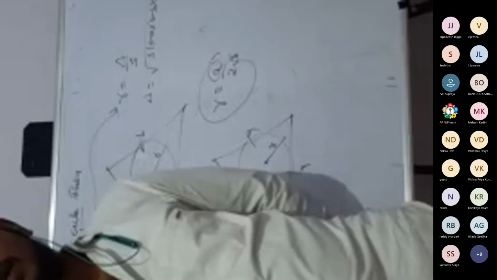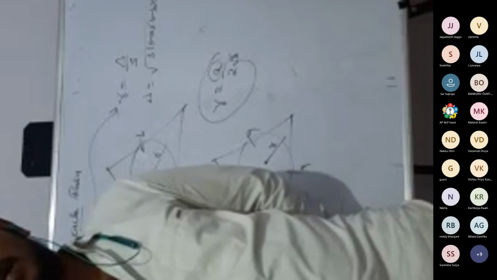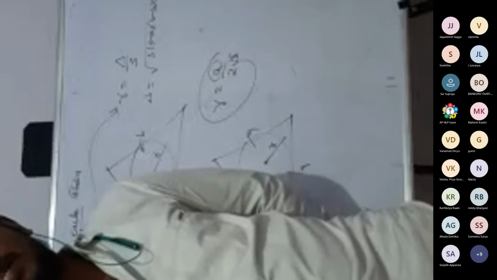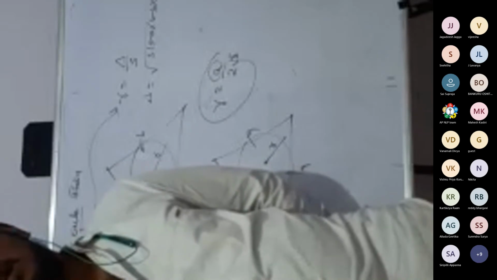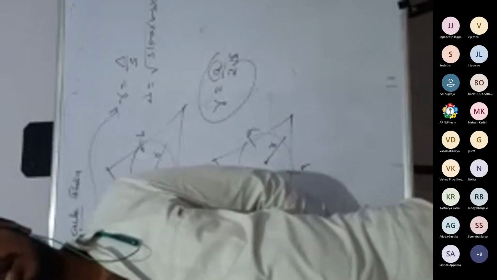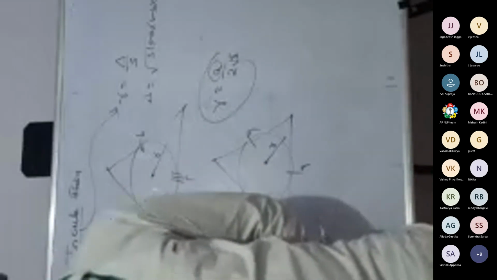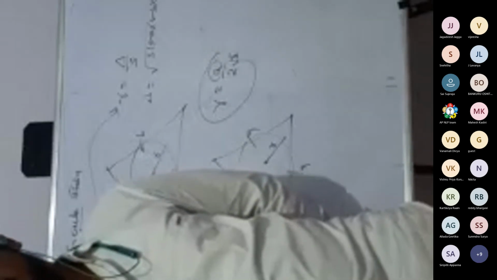Next, if we take a circle, area of the circle is πr square, circumference of the circle is 2πr, area of the semicircle is πr square by 2, circumference of the semicircle is πr plus 2r, that is 36/7 r, right? Then if you take the sector, area of the sector is theta by 360 into πr square. So what is the perimeter of the sector? That is l plus 2r. You should know all this.